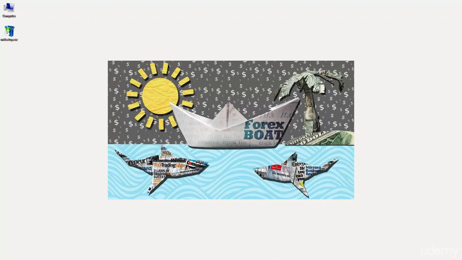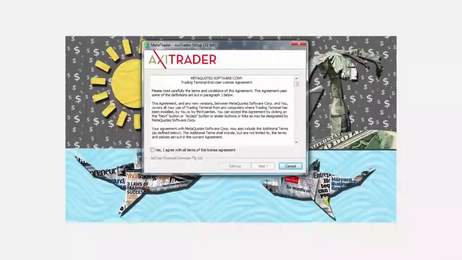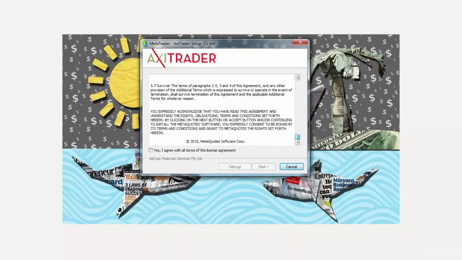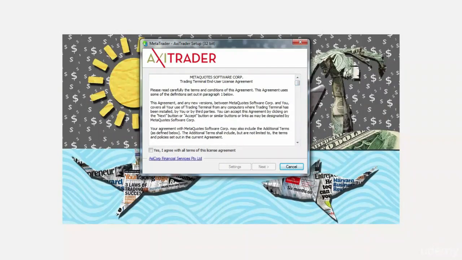We're going to have a fun tutorial, and today I will show you how to install MetaTrader 4 on your computer. Now, I've got the MetaTrader 4 setup file here. Let's double click it, and we get a window like this where we can read through the license agreement. So once you've read through that and once you're happy with it, click this yes